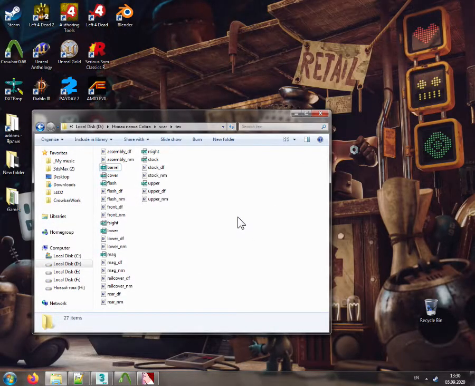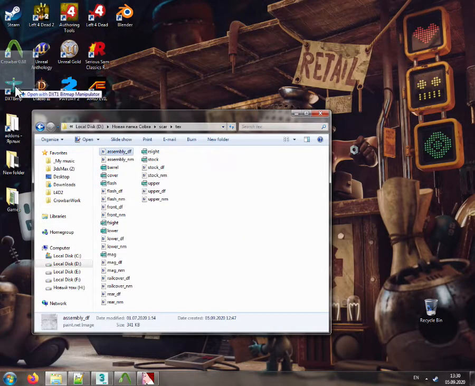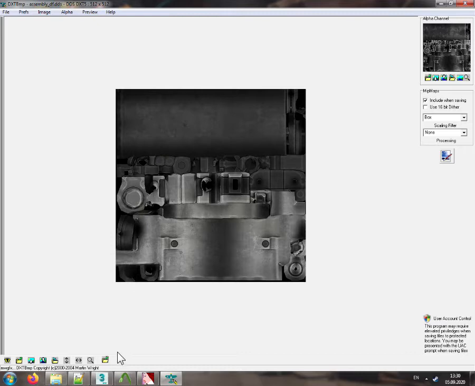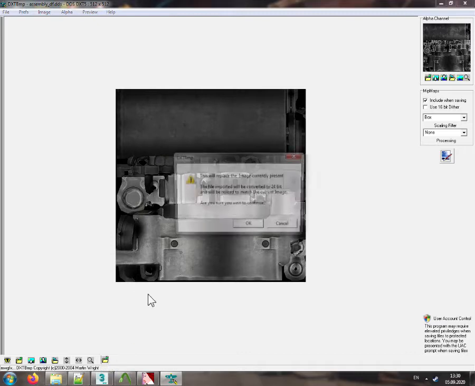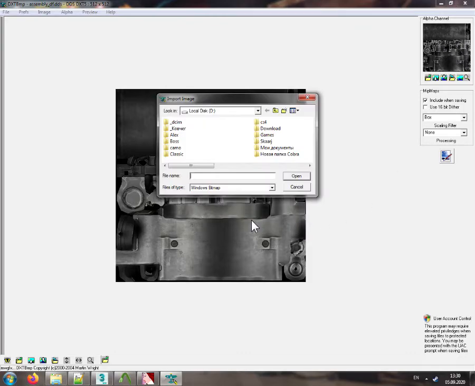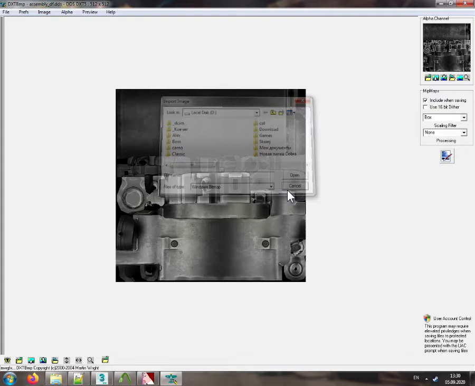And now it's time for DXTBMP. It was probably time for Photoshop as well, but I don't really use Photoshop. So I'm just going to import a new image to replace the actual color map and keep the alpha channel of this one. Maybe I shouldn't even do that because, you know,